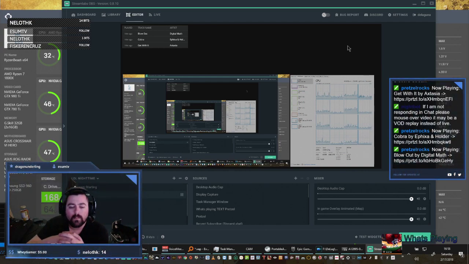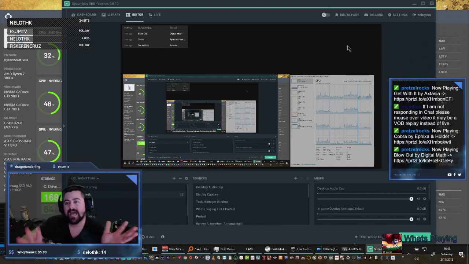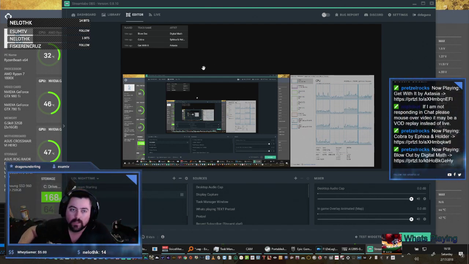Okay. So there's the easy way and then there's the best practices way. The easy way, right off the bat, to just get up and running so that you can see and understand how Slobs is working, is to go ahead and you have it running. Yeah, I have it running right now. On the main OBS part. All right. So it should look somewhat like my screen right now,